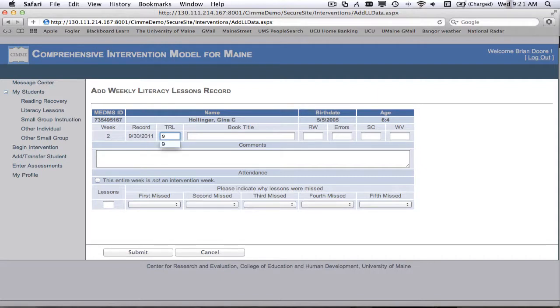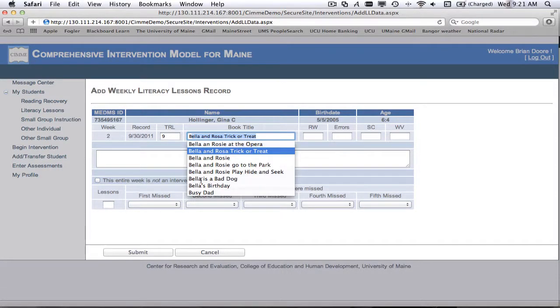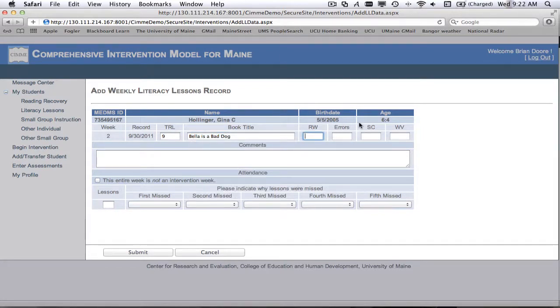Let's say that she's gone up to a level 9. I'll pick another Bella and Rosie book. Actually, this is one I made up. Bella is a bad dog. My dog's name is Bella. Let's say that there's 136 running words in this book, and that Gina committed 3 errors this week. She made 2 self-corrects, and she added another 8 words to her writing vocabulary. She's up to 28. I'm going to say that I had 4 lessons this week, and the first one was missed